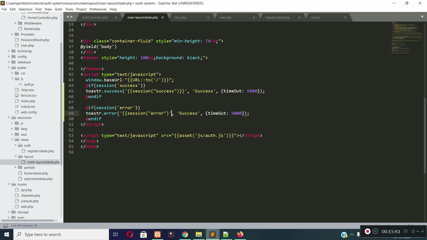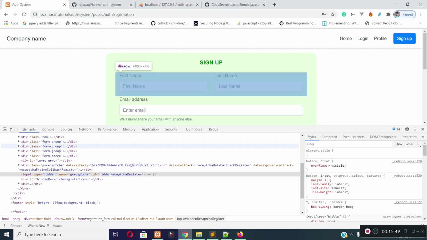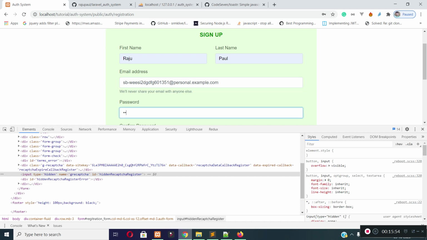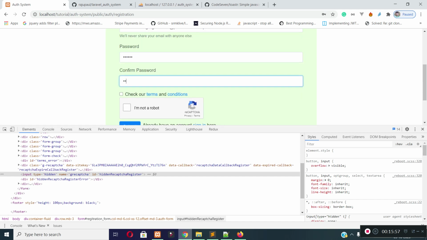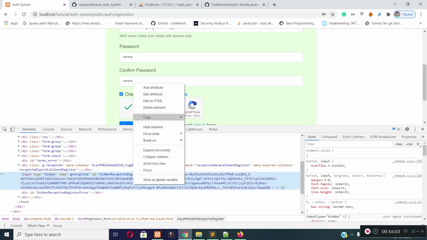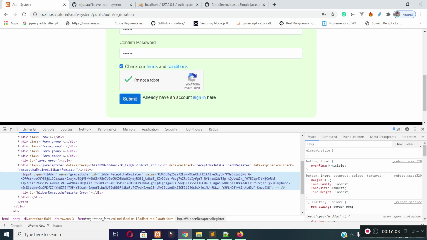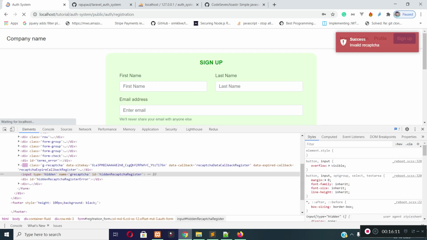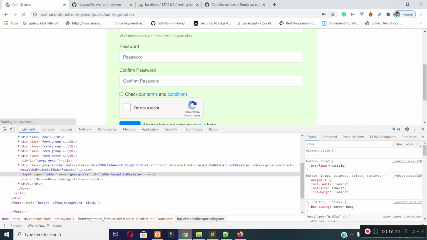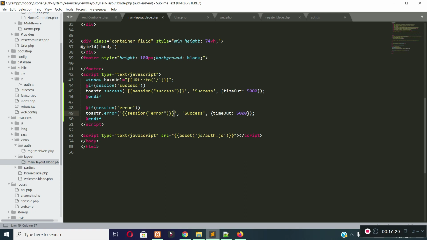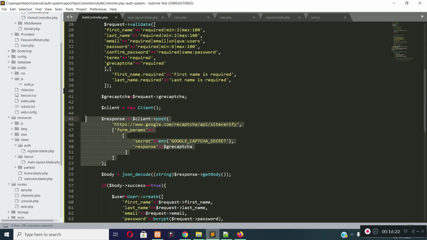That's why the correct error message is not displaying. Let's try again. Now let's modify this Google reCAPTCHA response from here and submit the form. You can see invalid reCAPTCHA. That means we need to pass a valid reCAPTCHA response to our form, and that's why we added these server-side validations for Google reCAPTCHA.